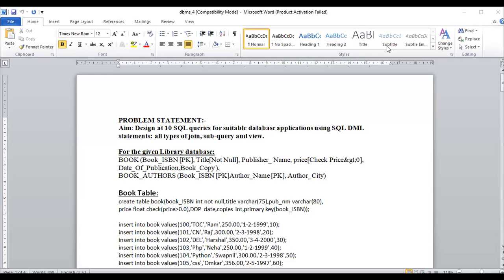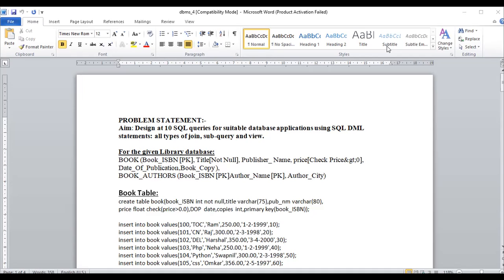In the previous assignment also we have implemented the DML part. Under that second assignment, insert, update, delete, and different aggregation clauses we have implemented. Group by clause and different types of conditional clauses we have implemented in DML.